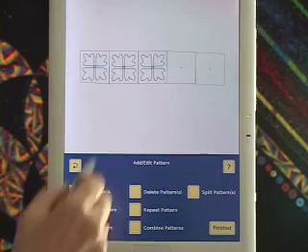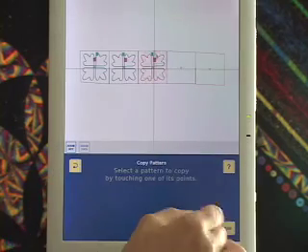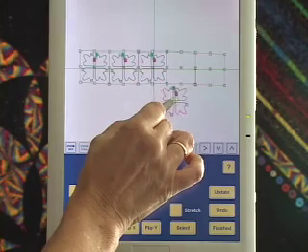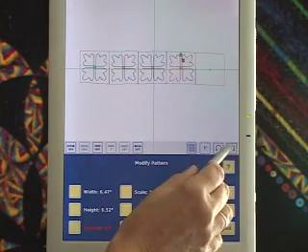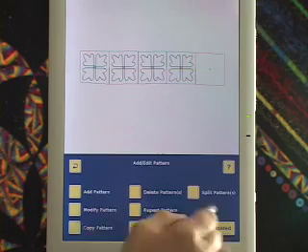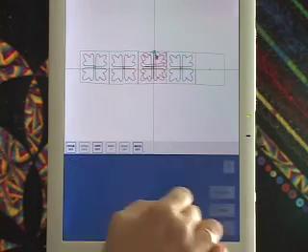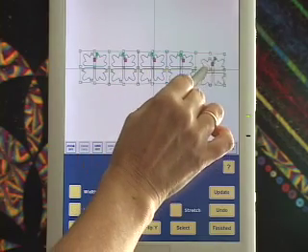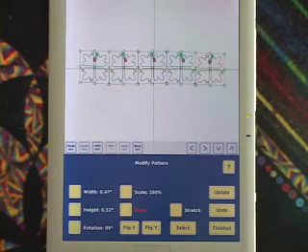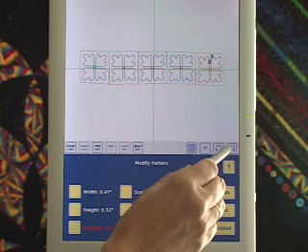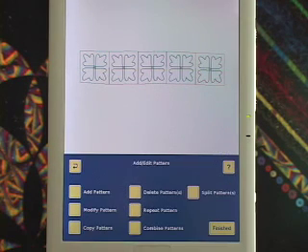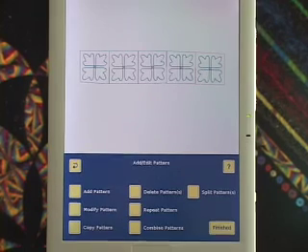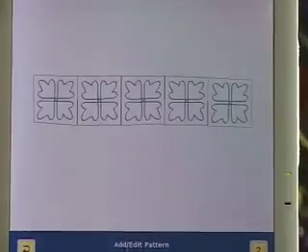Okay, I need to fill in these two, so copy pattern. I want to rotate that one a little bit too. Finished. Copy pattern. Move. Snap to the center of the block. And I'm going to rotate that one a little bit too. And so there, I'm finished. There are the 5 motifs, and they're all exactly the same size in their blocks. And then I will just go finished,